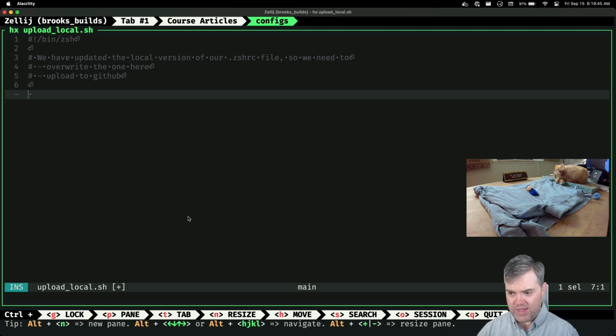So first of all, I suppose we want to verify that that file exists. So we probably want to do something like an if. What is it? Is it double or is it single? I can't remember anymore.